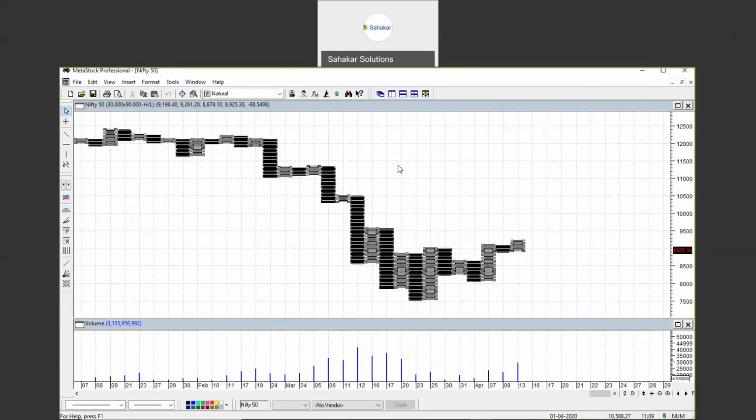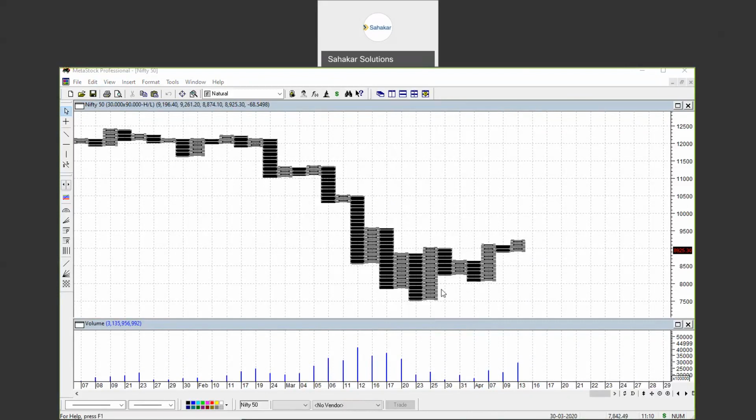Point and figure chart. This is also somewhat different. A box ratio is taken, and when a certain change in prices takes place, that is plotted. So the chart's name is self-explanatory. It is both point and figure, which gives you a clear picture whether the trend is an uptrend or downtrend. When the trend is clearly in a downtrend, you can see blocks here. Otherwise, you can see whites here, and you can calculate resistance and support easily, and a trend change is very easily visible from the point and figure chart.